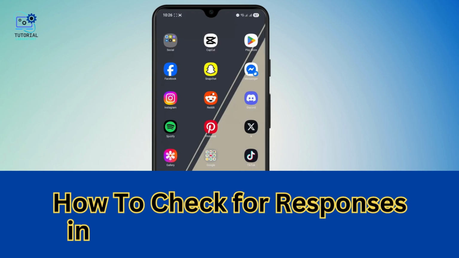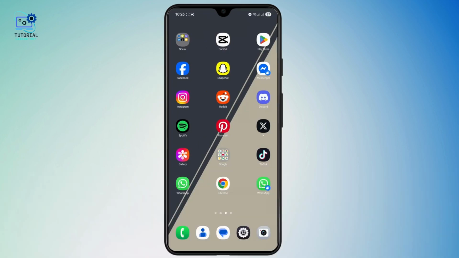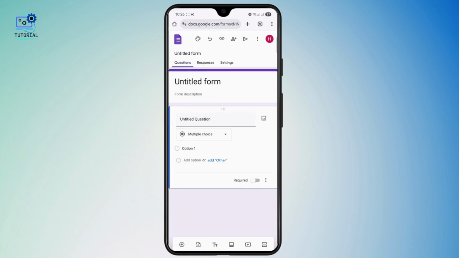How to check for responses in Google Forms on your phone. Hey guys, in this video, I'll show you how you can easily check for responses of your Google Forms in your phone. So the first thing you want to do is go to